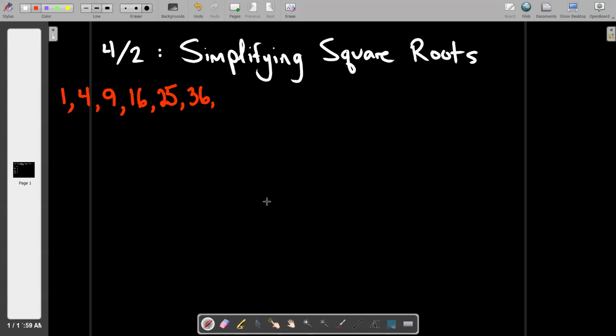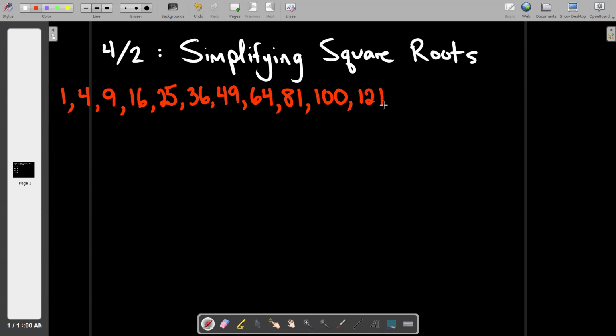What's after 36? 49. And you already have a paper resource that would guide you through what these are. Like you have a piece of paper that I gave you probably last week that has these numbers all on there, right? Try to do them from the top of your head. Test yourself. What's after 49? Yep. After 64 is 81. And then we get to a significant point in the list: after 81 is a perfect 100. And that number will prove to be quite useful for a lot of the problems we have to do today. After 100,